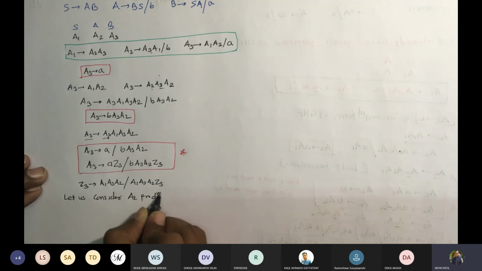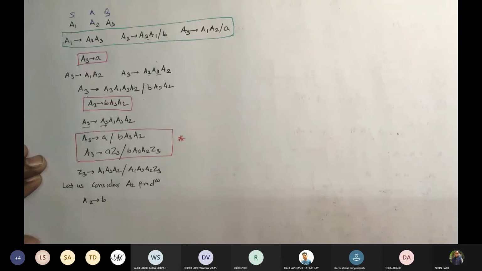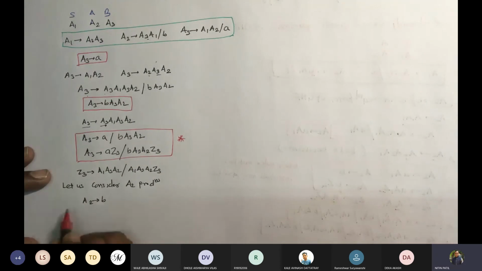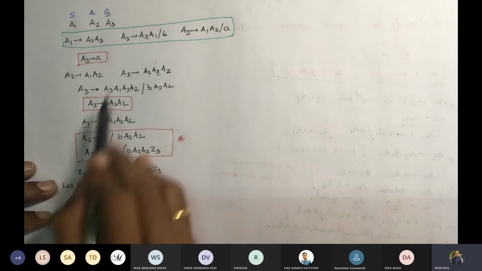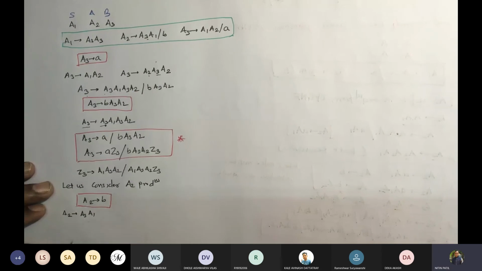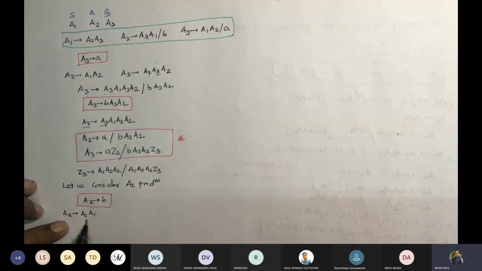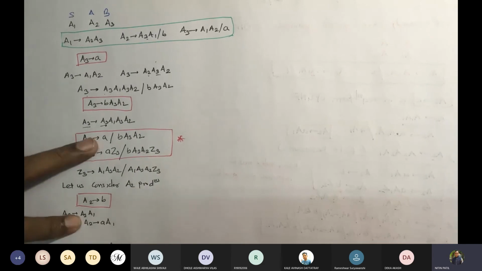A2 प्रोडक्शंस. तो A2 गिव्स B. ये रिक्वायर्ड फॉर्म में है. Yes, correct. ये है. नेक्स्ट क्या आएगा? अभी जो नेक्स्ट प्रोडक्शन था A2 गिव्स A3, A1 है ना. A3 के कितने वैल्यूज आपके पास? 1, 2, 3, 4. वो डाल दो यहाँ पर. तो वी गेट व्हाट? A2 गिव्स A, A1. A3 का ये पहला वैल्यू लिखा.